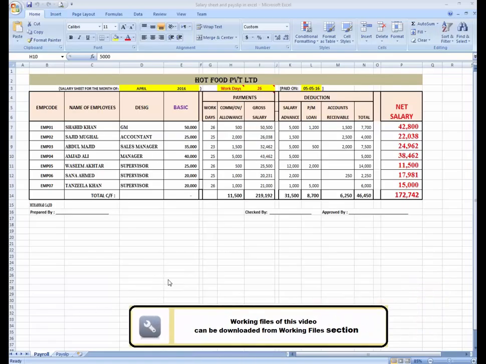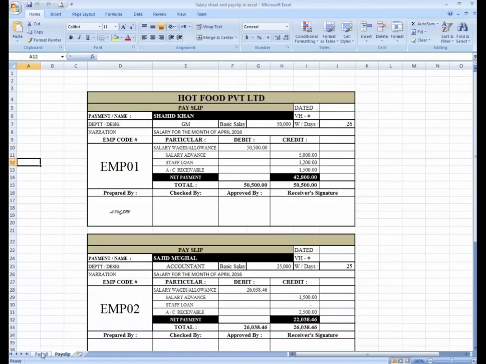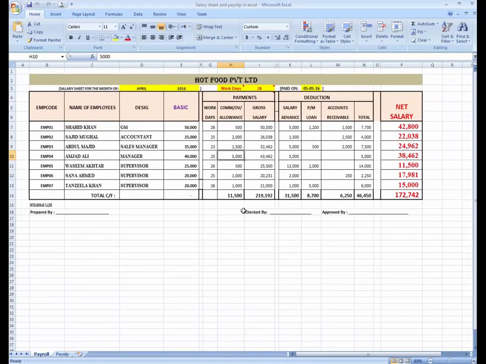In my last lesson I showed you how you can create a payroll and payslips for each employee. In today's lesson I am going to show you how you can create an overtime feature and calculate the overtime for your employees in this payroll system. And for this purpose I am going to override this with